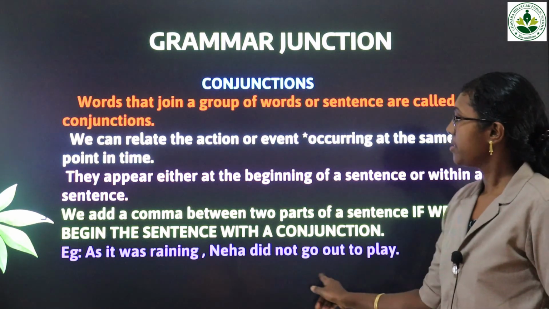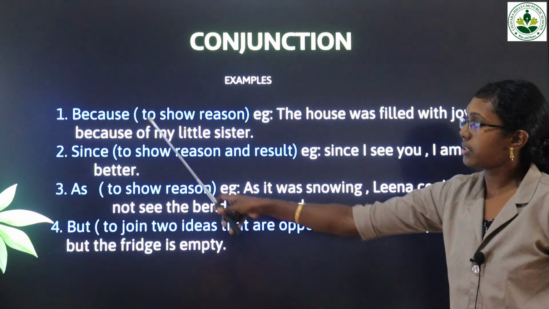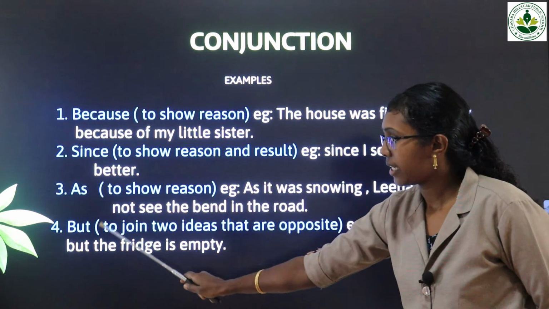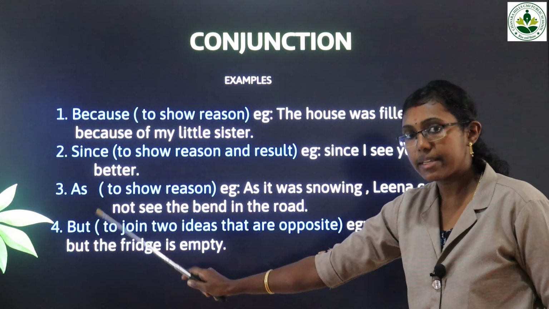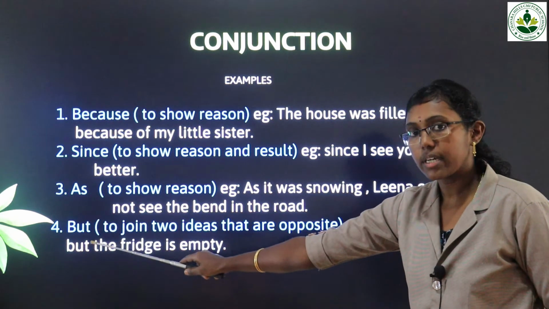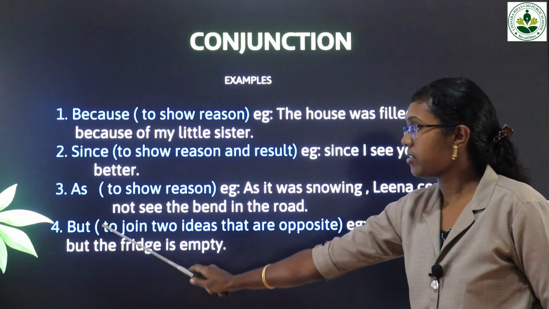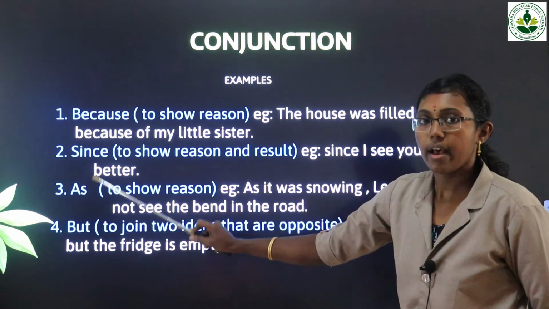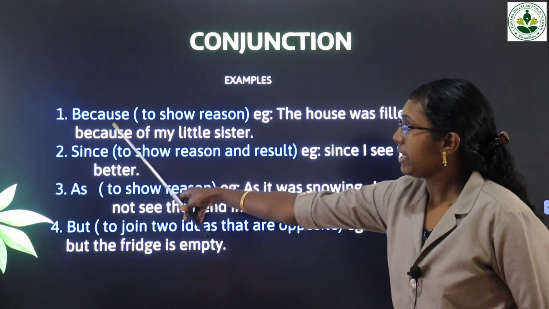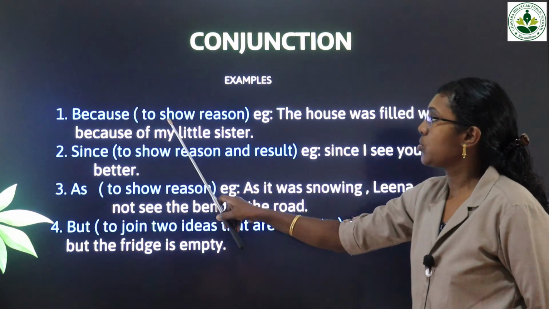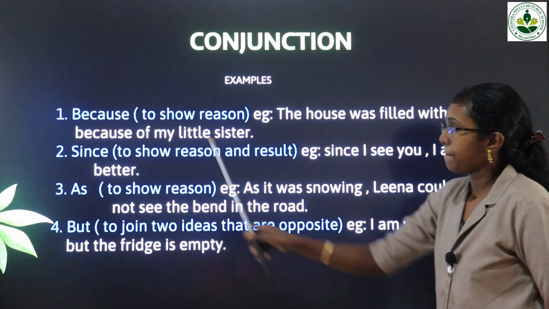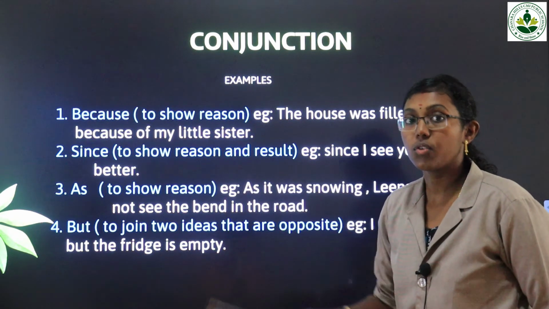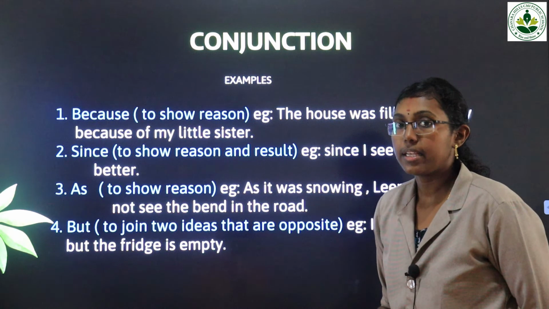And more examples. See, 3 conjunctions we have to learn: because, since and as. Here but I have given as an example, this is also a conjunction. For showing an example I have just added this one, but the important ones are because, since, as. So the meaning is given here. Because means to show a reason. That is the use of because, to show the reason why she did like this or why it happened like that.